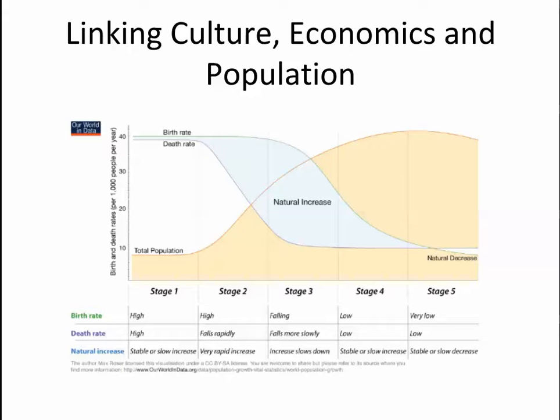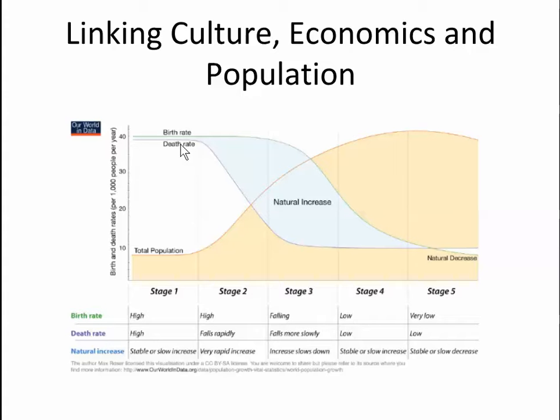So if you'll read the text, what you'll notice is this: the demographic transition deals essentially with three elements. Crude birth rates at the top here, crude death rates, and then the total population. Now, we learned in our last exercise that birth rates and death rates essentially are what cause populations to change through time. When birth rates are high and death rates are high, there's essentially no change in the population.